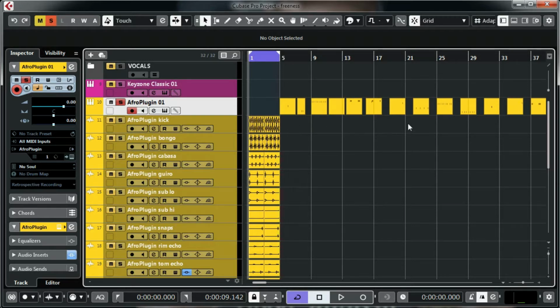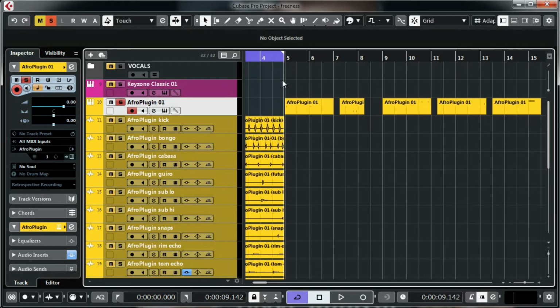Now these events that you can see here are separate patterns for relative pads on the Afro Plug kit. I've picked sounds from the 10 presets and kind of married them together in the one groove, because as much as I like Afrobeats, there were some sounds in the Afrobeats preset that I wasn't really feeling, but I felt in the R&B kit of the plugin. So I utilize at least one pad or a couple of pads from each of the presets, and I've done them as single events. So if I play this event right here,